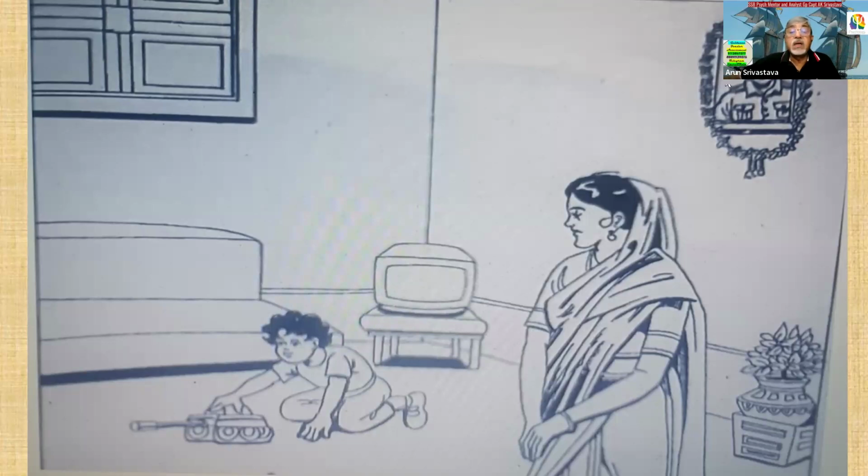What can you make out? Yes, who is going to tell? Okay, Nanda, what do you see in the picture? Anyway, let's not have unduly discussion. You find there is a person in uniform whose garlanded photograph is there on the wall, and you understand what it means. There's a small child who is playing with a toy tank. An old-fashioned TV is kept there, and the lady, obviously not very happy in the mood, is visible there.